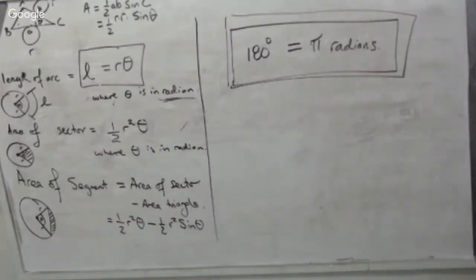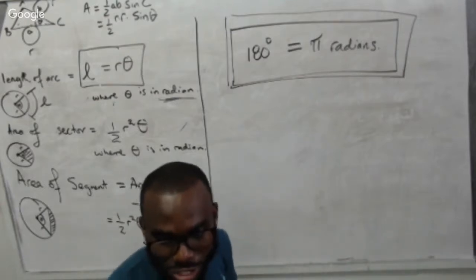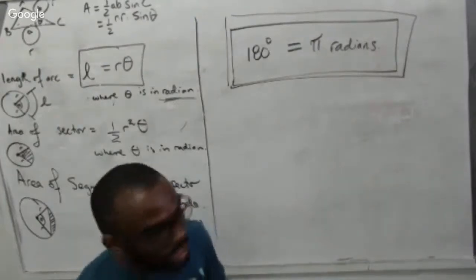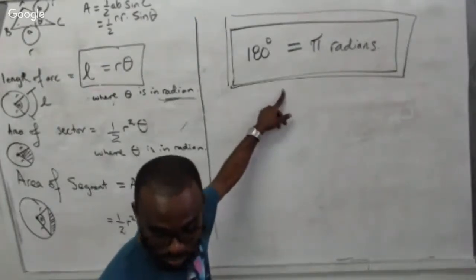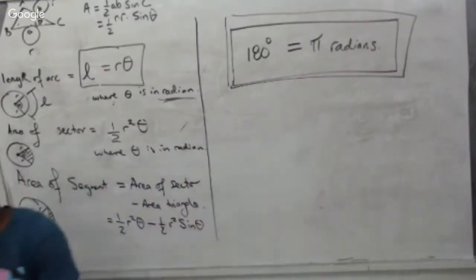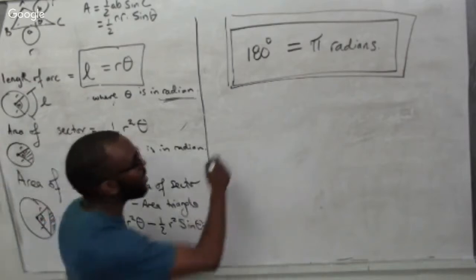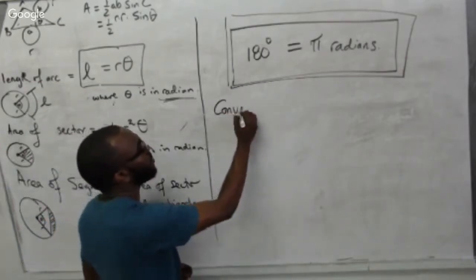And I can use the value of x to find the value of y. Now, if I have degrees, can I not use this relation to find what that angle is in radians? So there's a subtopic called converting